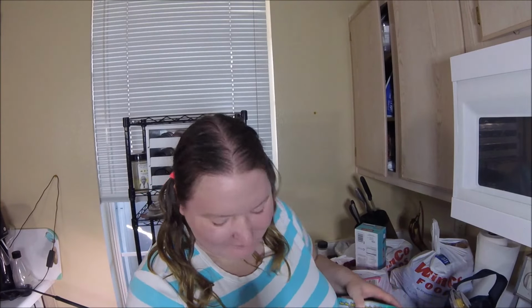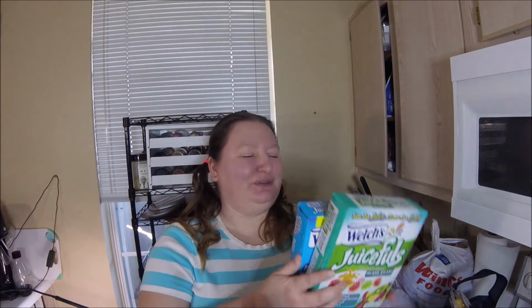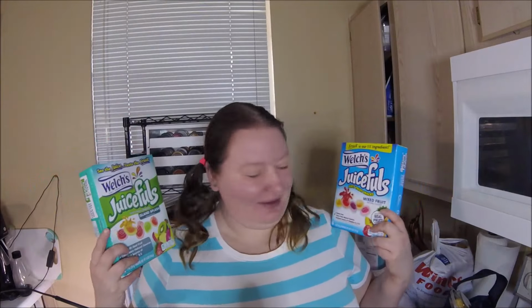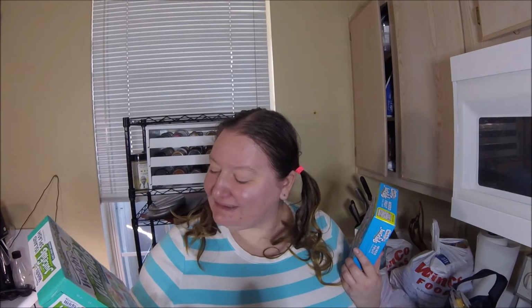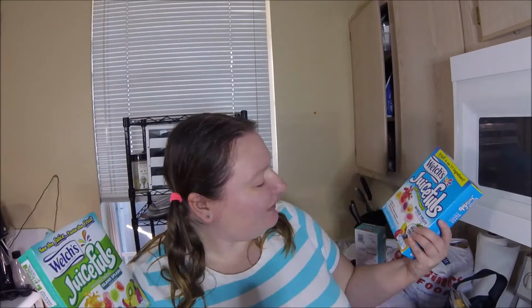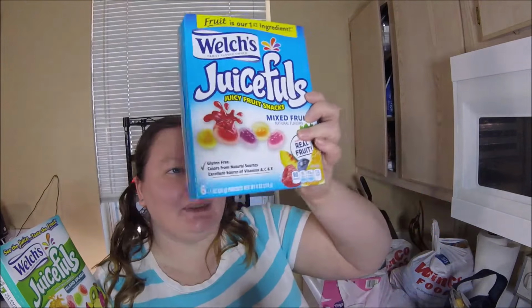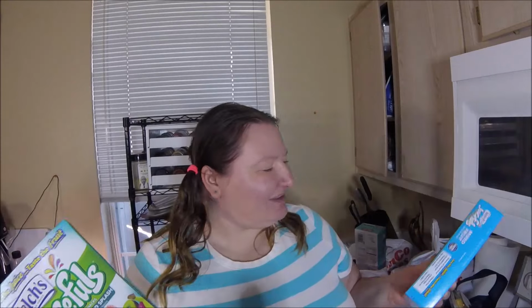And then finishing off that bag, we have not one, but two Juicefuls. I couldn't decide which flavor I wanted. There is Island Splash, which looks like it's got kiwi, papaya, pineapple, kind of tropical flavors. And then this one's mixed fruit, so it has strawberries and peaches and orange. And I just decided to get both. We eat,